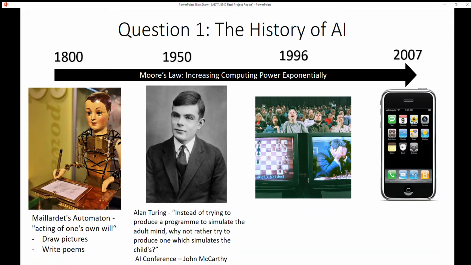A few years later at the AI conference, the first one, John McCarthy coined the term artificial intelligence for the first time ever. So this time period is the time period which I saw as people conceptualizing how AI would actually work, but not necessarily having the computing power available at that time to put it into